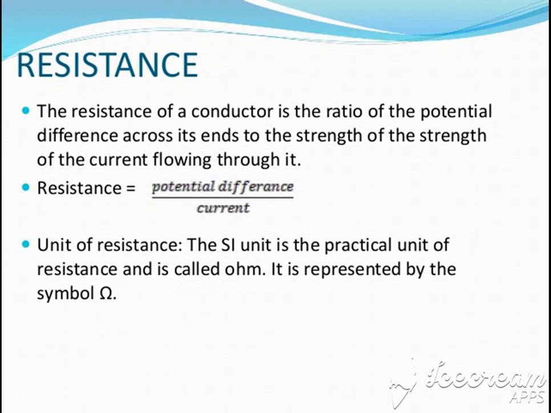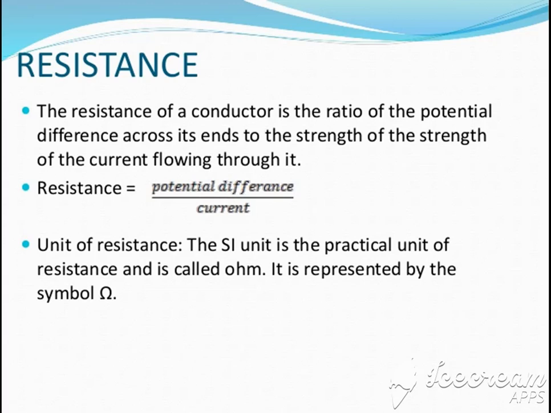Now what is the cause of resistance? When current is formed, all the electrons are traveling in a definite direction, but while they travel, there are certain collisions inside. They collide with positive ions or the walls of the conductor. When they collide, they stop for a while, for a nanosecond or much smaller time. At that time, resistance is produced because the electron has stopped flowing. So the main cause of resistance is collisions.